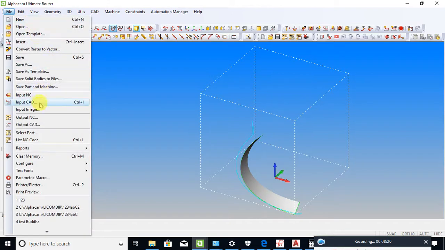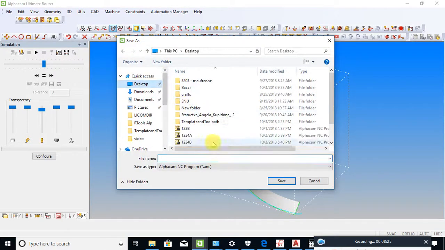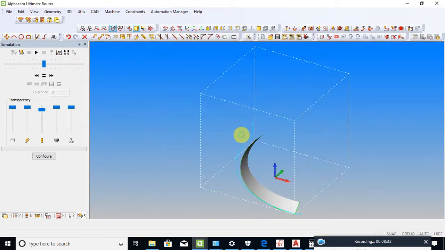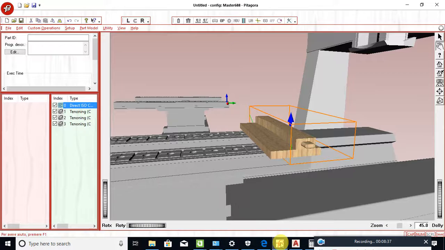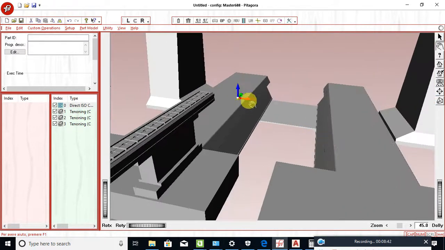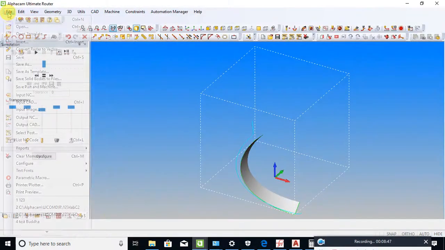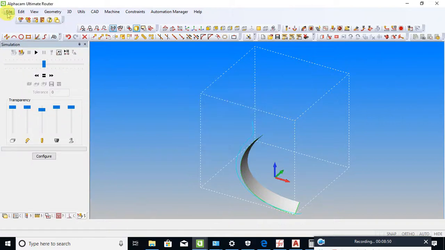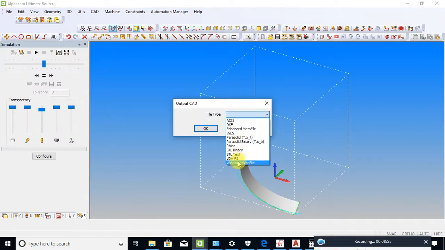Okay, I go to make it output and see. Okay, I go to save on the desktop and I call 789. Okay. We come here. If we want, we can do also this. File output cut, save the STL,